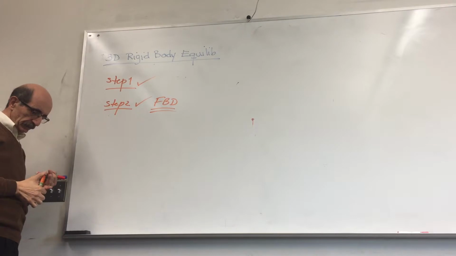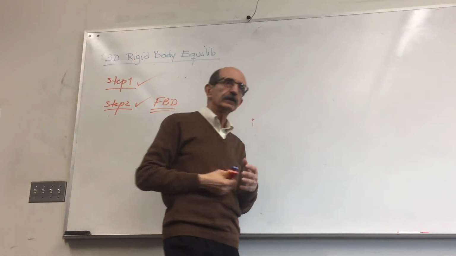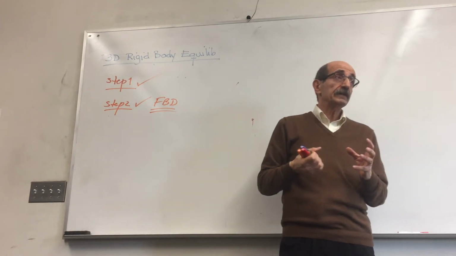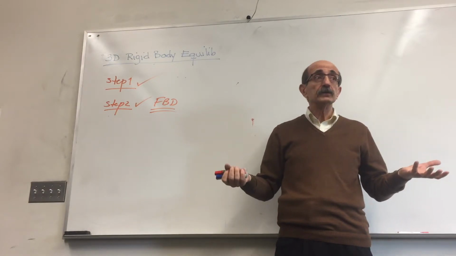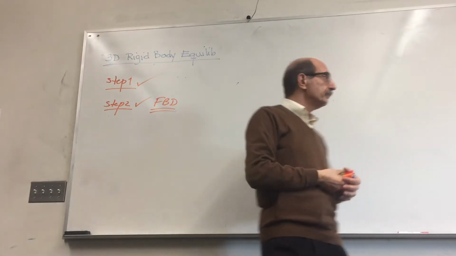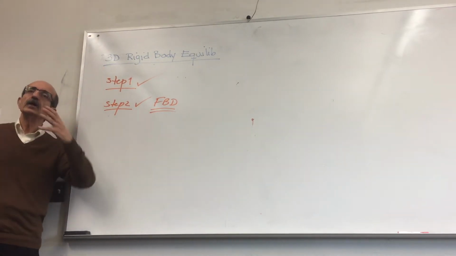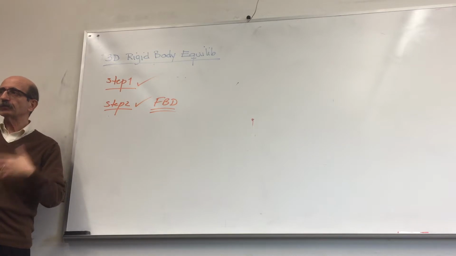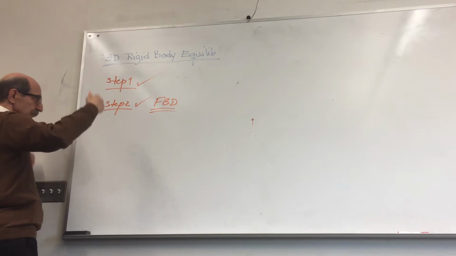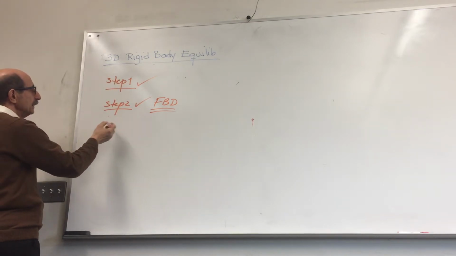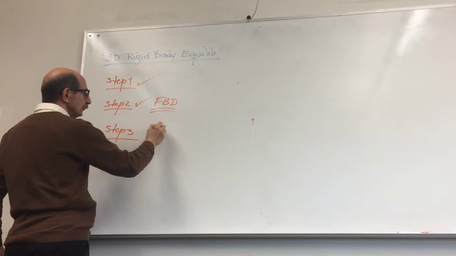You can imagine in 2D you had a maximum of 3 unknowns. In 3D, if the motion is prevented in all 6 directions, the maximum number of unknowns then is 6. But nevertheless, setting up the free body diagram is the same. You cut the structure from its support, put back the effective supports. So you can have anywhere from 3 to 6 unknowns at each point of connection. And then, step 3, which is equations of equilibrium,